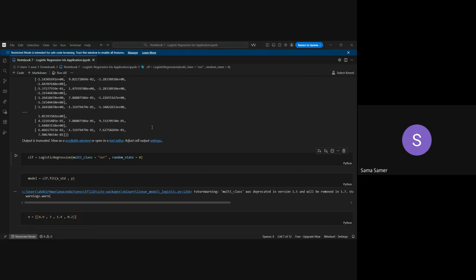Why do we need it? We have the binary classifier for 0 and 1. But what if we have 3 classes like here, A, B, and C, or 0, 1, and 2, and so on? One versus all means we take class A versus B plus C. Then we take B versus A and C. Then we take C versus A and B. And the classifier gives us a probability. The class with the highest probability, you can say it wins.